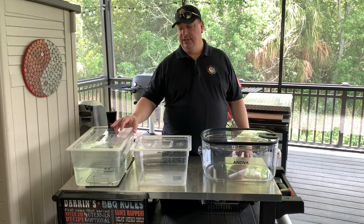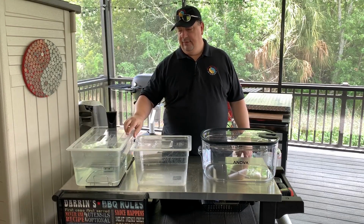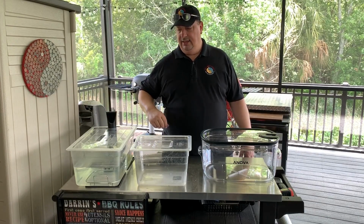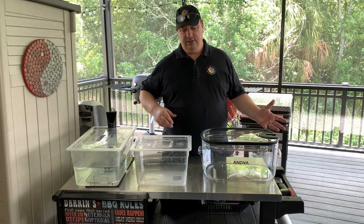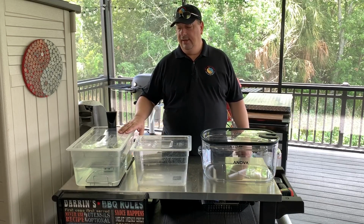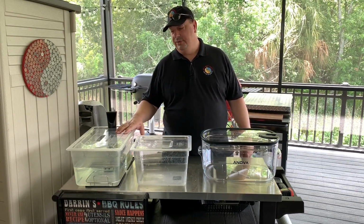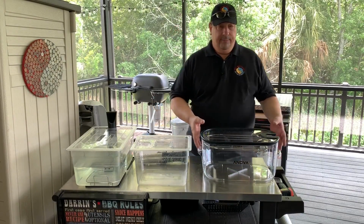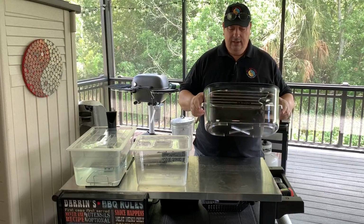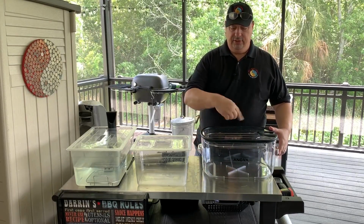specifically designed for sous vide. It just pretty much has a custom hole cut into it, very thin plastic, not really designed for circulating water or anything. Just a pretty cheap storage container that's kind of been repurposed for sous vide with a rack in it. This particular unit, specifically designed for sous vide cooking, better plastic, better design overall, with circulation in mind,